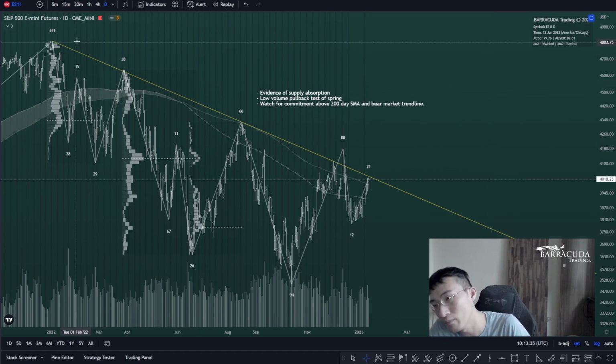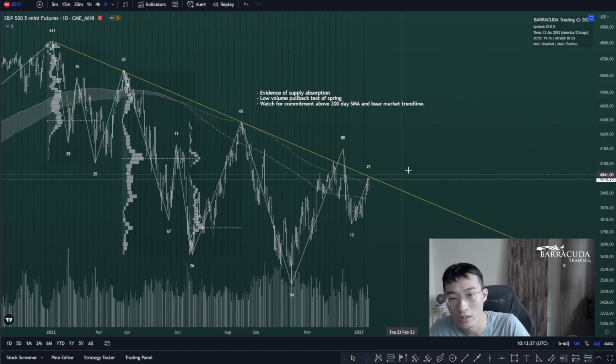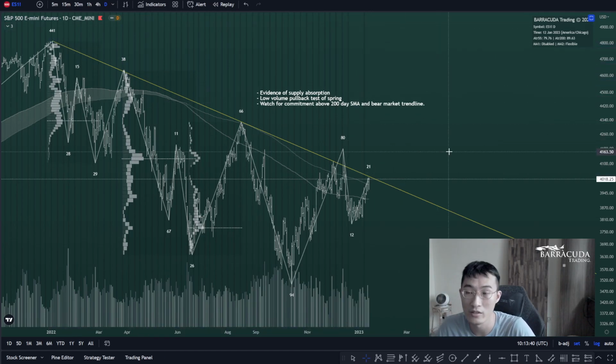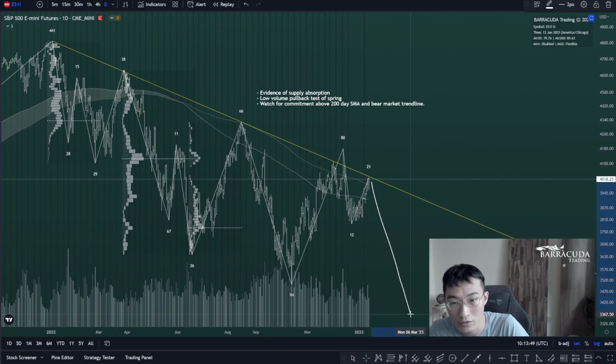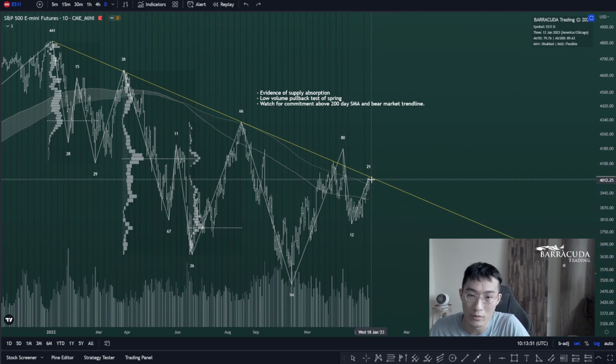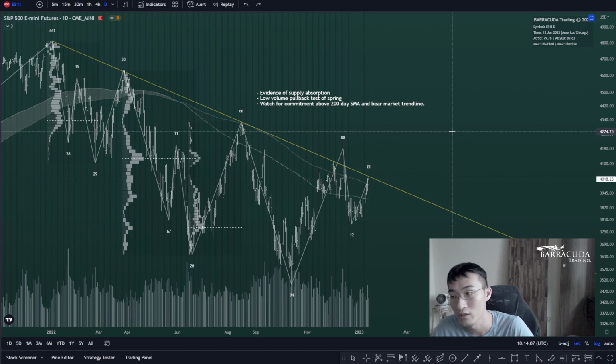In the yellow, I've marked out the bear market trend line. Okay, I think a lot of people have this on their screen right now, and they're asking the question, currently is the price going to just crash all the way down, reject off, or is it going to commit above, right? And I think a lot of you also saw my previous video on Bitcoin, and in those videos I gave a reason why I'm buying Bitcoin, so I'm very bullish on it.